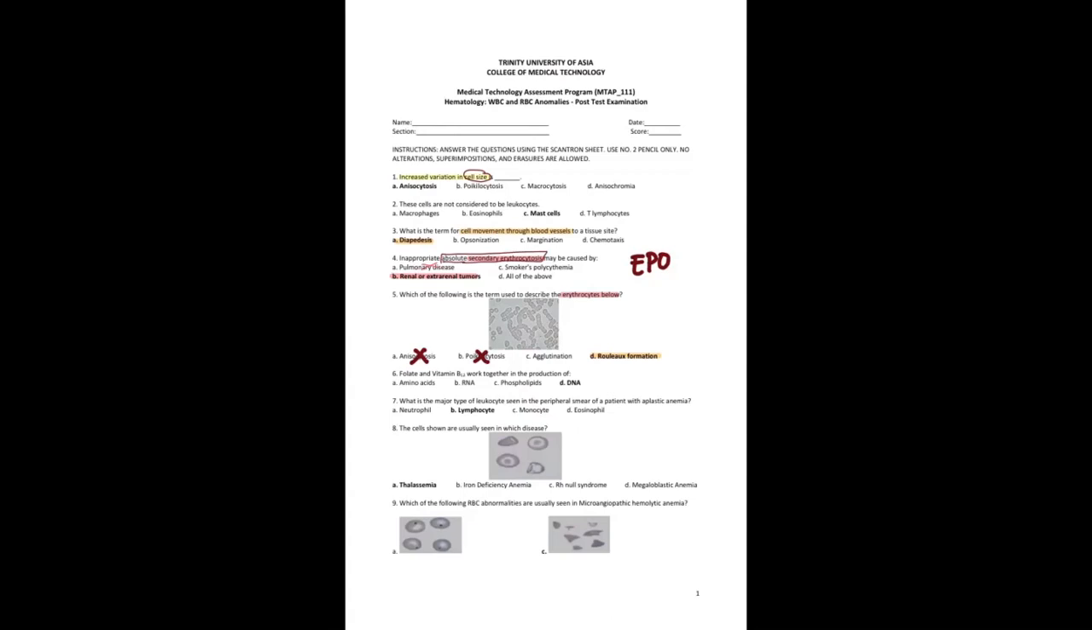Okay, let's go to number 6. Parang nadadalian naman kayo masyado dito sa tanong. Folate and vitamin B12 work together in the production of what? It works well in the production of your DNA. Now, folate and vitamin B12 deficiency can actually affect your RBC. Sir, bakit naman po? Because it can cause macrocytic RBC. If your vitamin B12 and your folate are both decreased, then it will lead to macrocytic RBC,